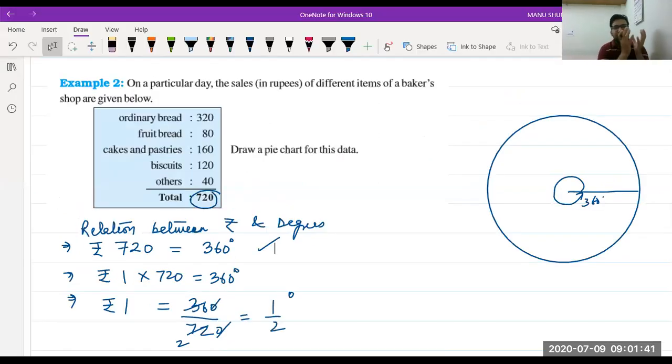Your video is stopping in between. They are saying the connection is not okay. Please check again. Class, what I am doing is I am making a relation between the total rupees and the total angle because that is fixed. Total rupees is same as total angle. This will give me a relation between rupees and degrees. So I have found 1 rupee is equal to, okay, Aditya is saying repeat, but repeating once again.